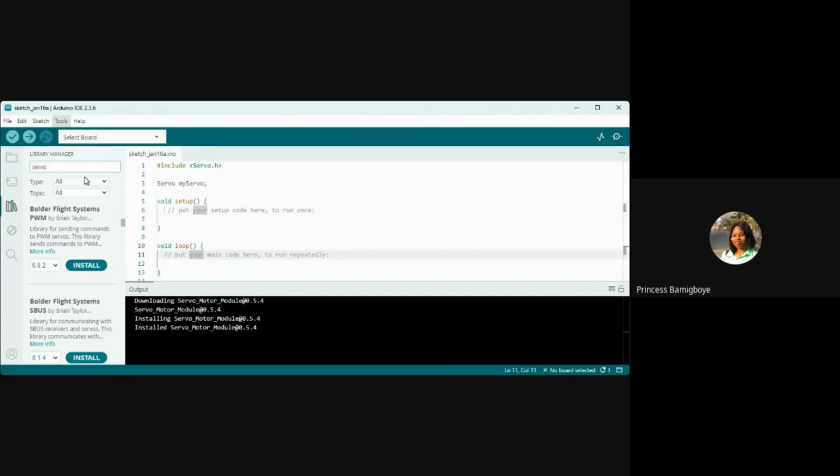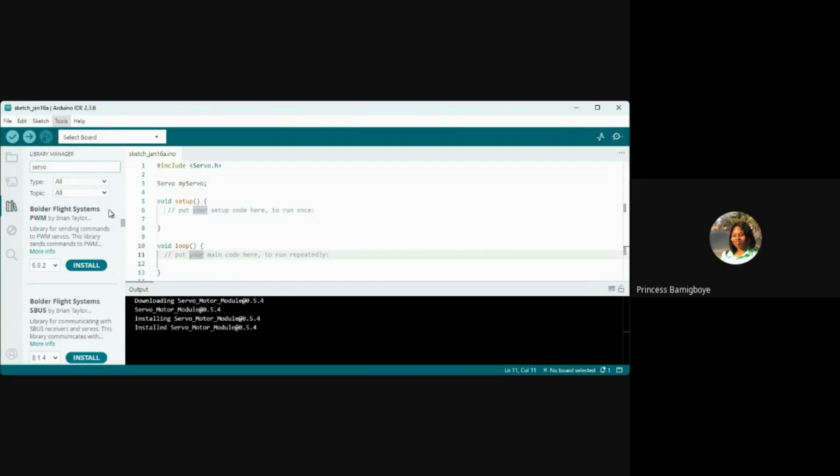Serial monitor. When you activate it, it just shows you what is going on, the values that it is bringing out. I tell the serial monitor what I want to see. Maybe in a digital device, I want to see the on and off state. Maybe in an analog device, I want to see the values ranging from 0 to 1023. I tell the serial monitor what I want to see in my code. Then the serial plotter is like a graph of what I'm seeing in my serial monitor.